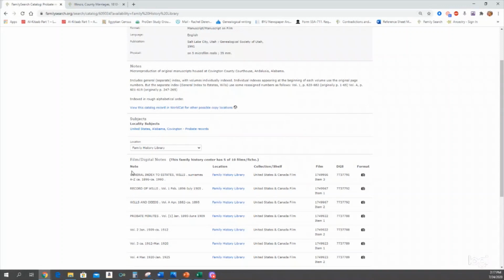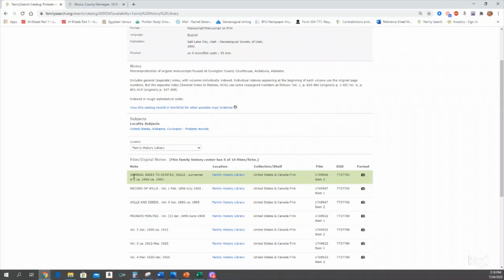So the first thing that I'll do is I'll come to notes and I'll see if there is a general index. And these are helpful because a lot of the times each specific volume for a given year of probate records will have an index at the front of it. But the general index will give you kind of a context of, if I'm looking for house, it will show me how many house in all of the different volumes there were and why they're in the probate court.